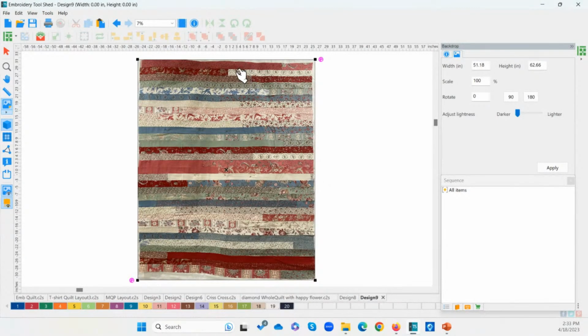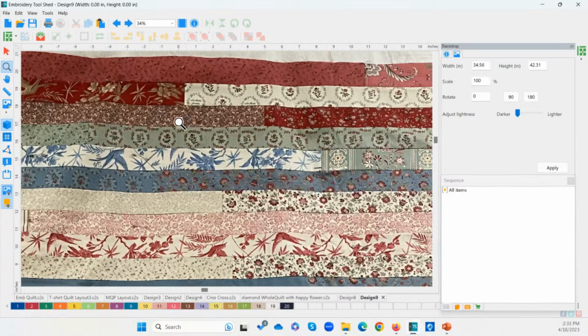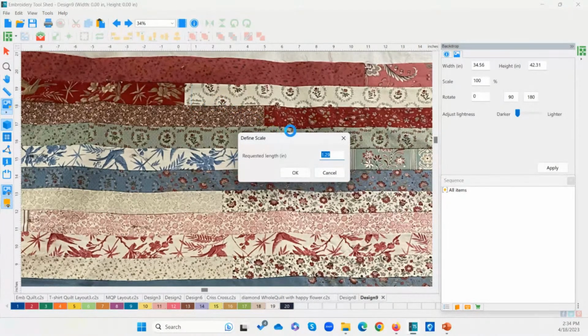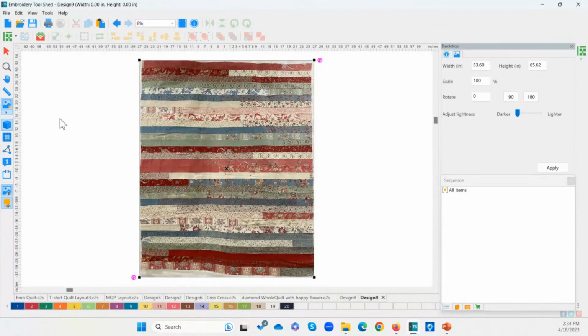I could also, now I know another way to do this that might have been better, even if I don't remember the size of the quilt. If I do the define scale, let me zoom back in here. These strips are 2.5 inch strips, and so I could even work from that. So if I do define scale, I could click from here to here, and that's a 2.5 inch strip. So finished, it's 2 inches. So if I click 2 and click OK, it resizes my quilt to be that exact size. So I'm going to zoom out. Remember my trick that I told you, double click on your zoom tool and it'll bring it into perspective.